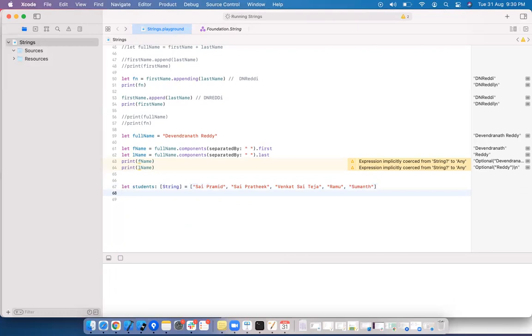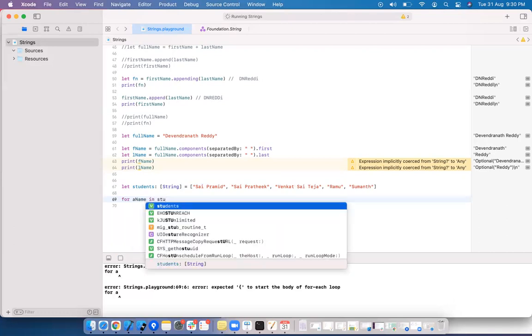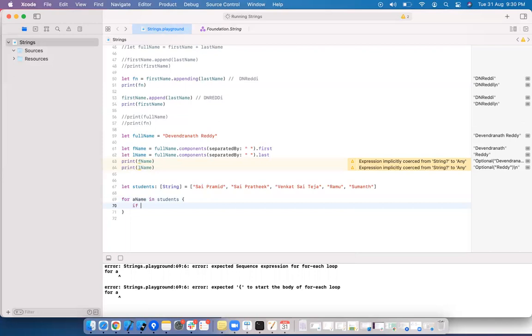I just want to identify how many students' names contain Sai. How to check that? For a name in students, if name dot contains.